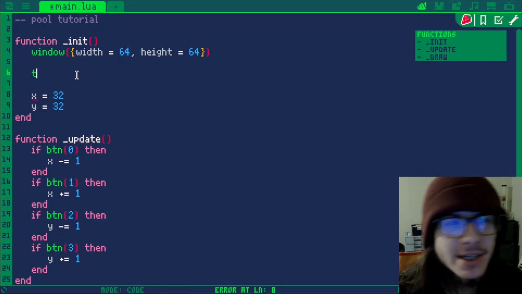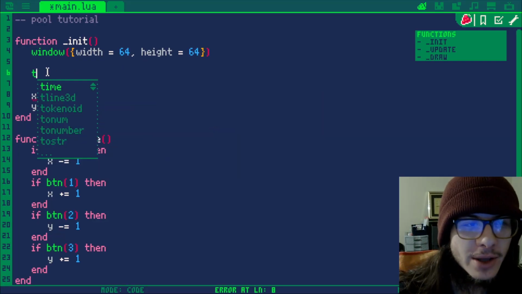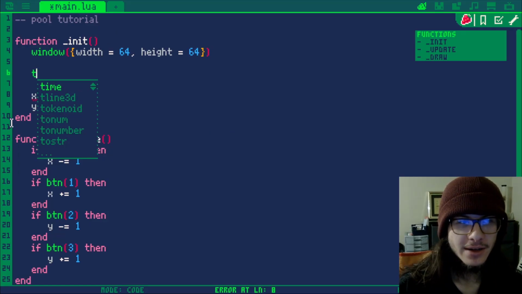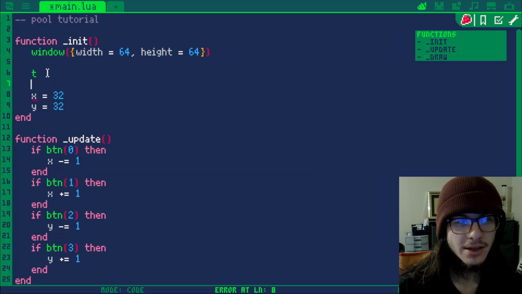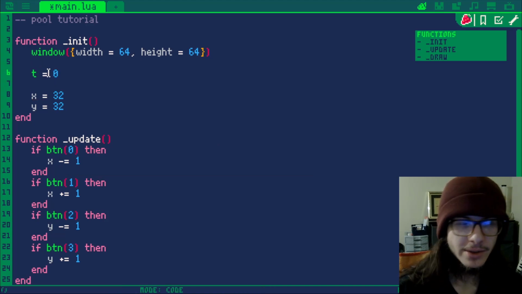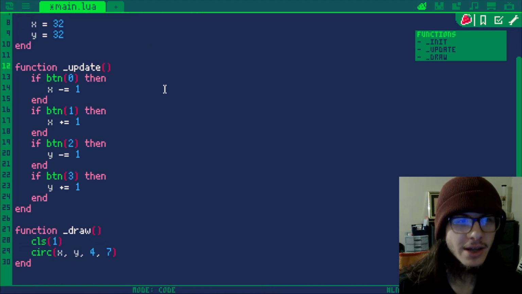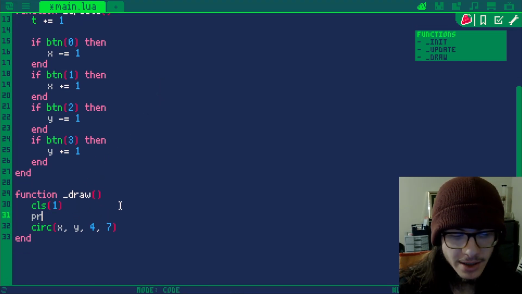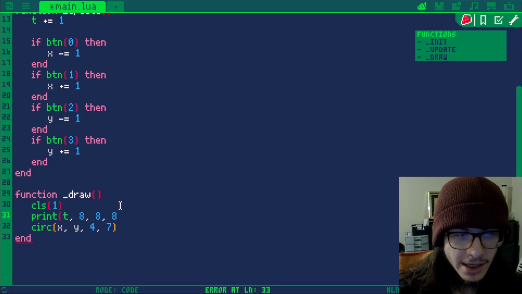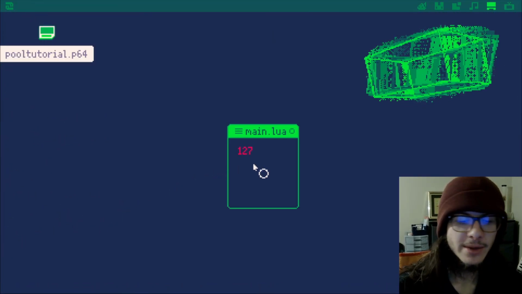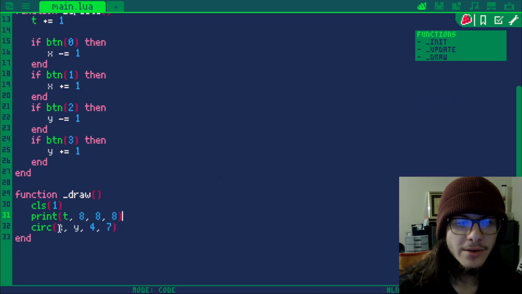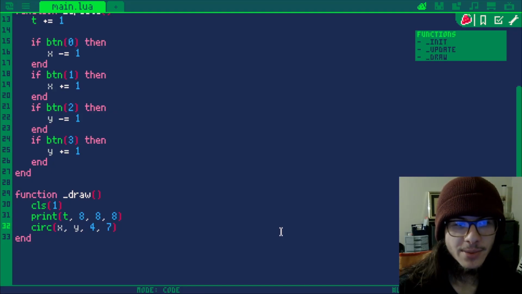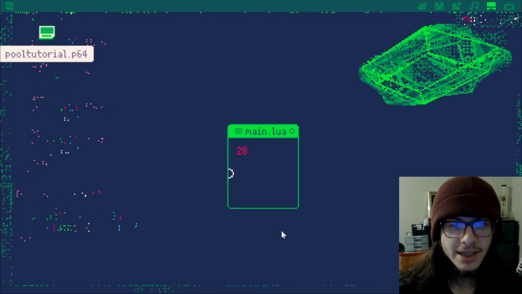What I like to do actually is keep more like a frame counter, but you can call it T with no parentheses. It will still be green like the system syntax highlighting, but it's not going to call the function. This is actually a personal variable called T. So we'll declare it as 0. This will be like a little bit of a frame counter, and every frame we'll do T plus equals 1. And then let's go ahead and print T at 8, 8, 8 just to make it simple, and it's going up every frame. We have a frame counter. So if we were to tell our circle to print at sine of T,